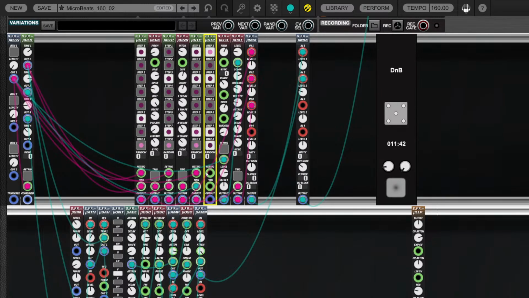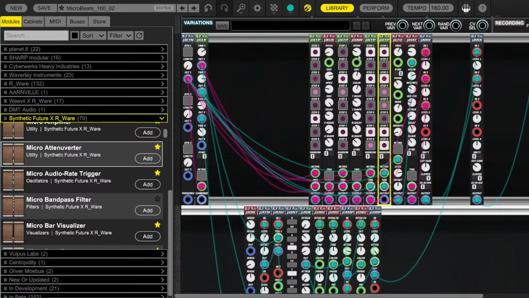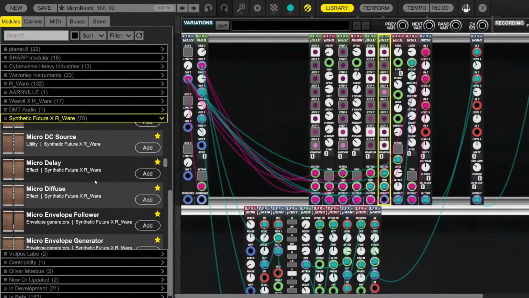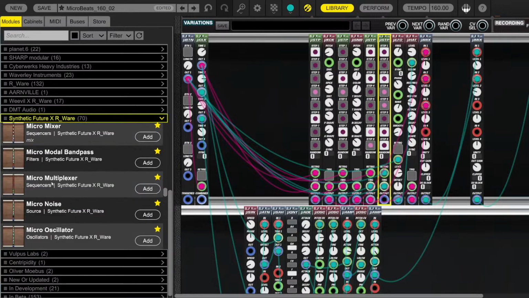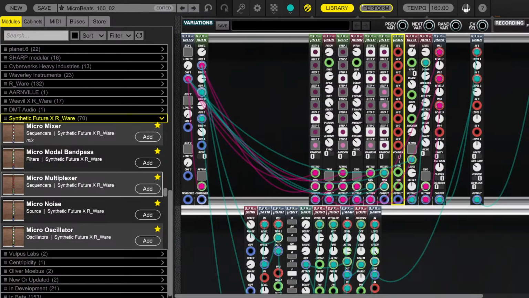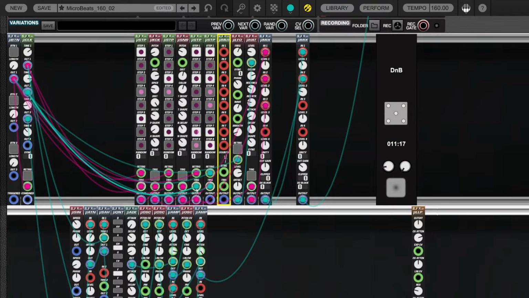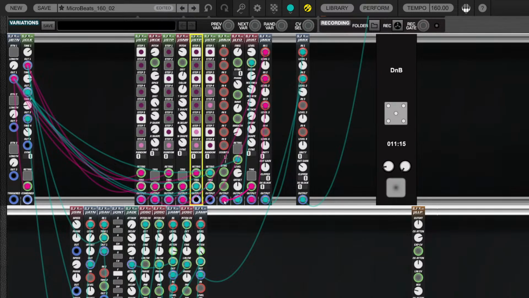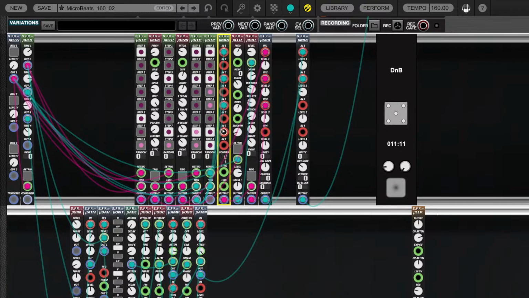I kind of want to make some more things with the hi-hat pattern because it gets a little stale. So what we're doing now is we're adding a second step sequencer and a multiplexer to switch between these two step sequences. So I take this output to the hi-hat and patch it in the multiplexer,